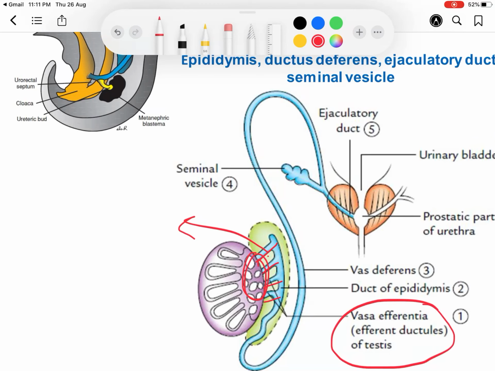And the connective tissue will surround it, and together with the connective tissue, it will form the epididymis. Now the mesonephric duct or the Wolffian duct will form the vas deferens,